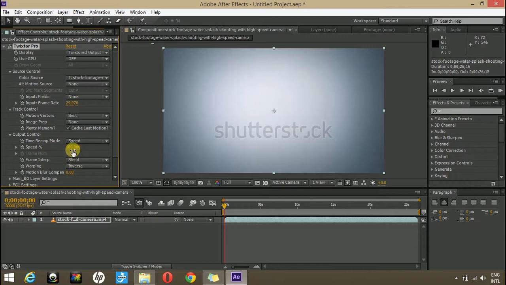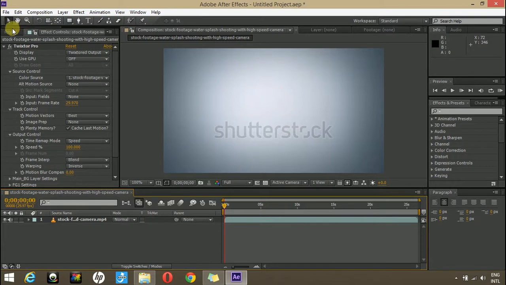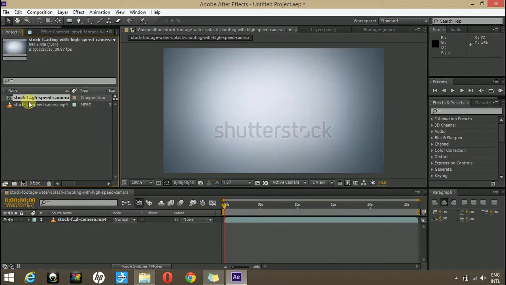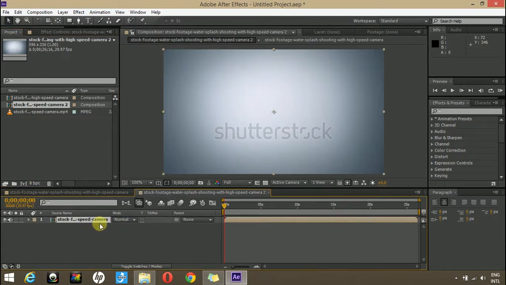This is the speed. You can vary the speed of your whole footage by varying this value, or you can put in some keyframes and then vary the values. We'll use both methods. Now go to your project tab, drag your footage onto your composition icon. This will pre-comp our main layer.